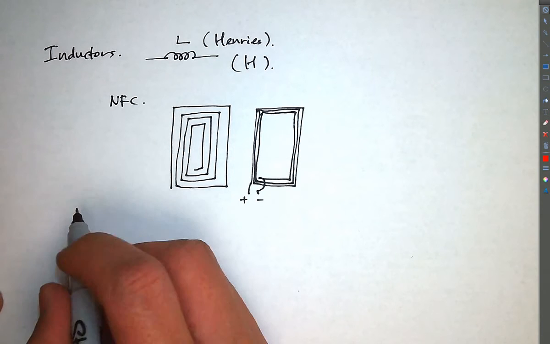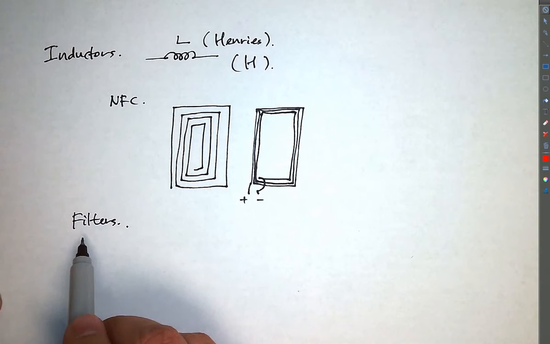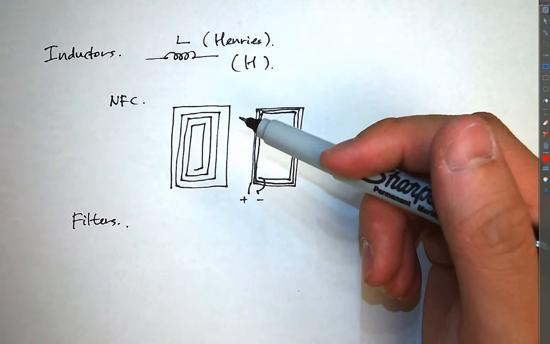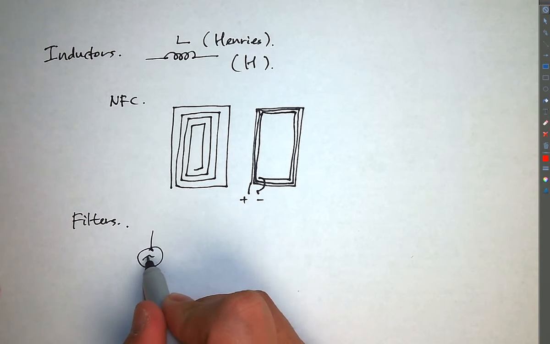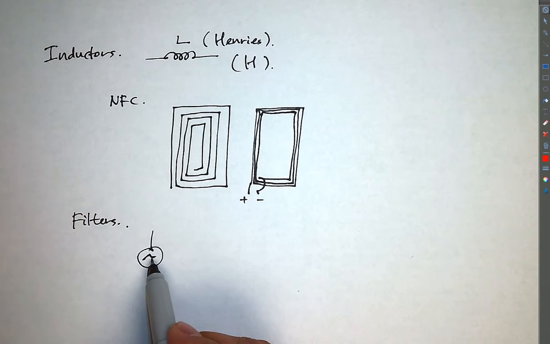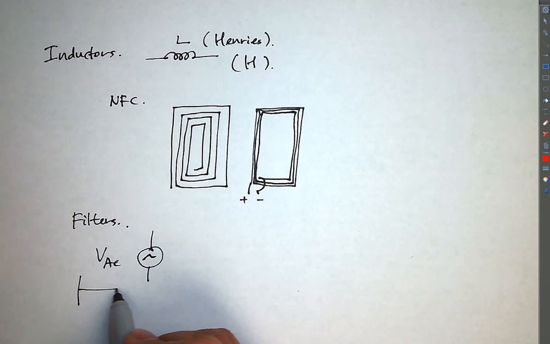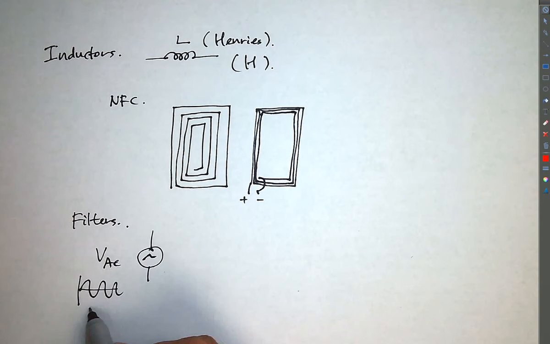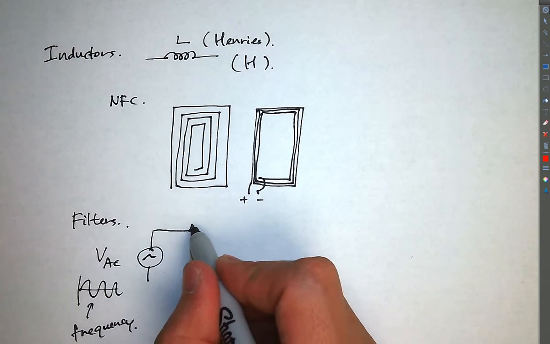Inductors are used to create filters. A filter is an electrical device or application which filters through certain frequencies. So you can have a source here. Remember, a squiggly line like this is an AC voltage. The voltage and the current will oscillate like this, meaning basically that this has a frequency. And so you have the current that's flowing through it,